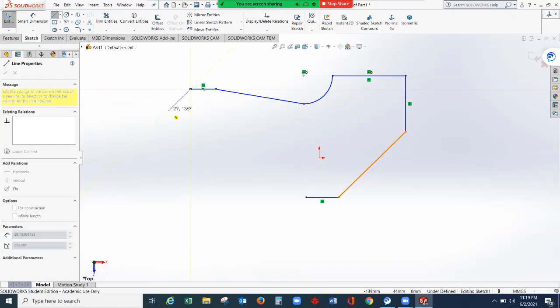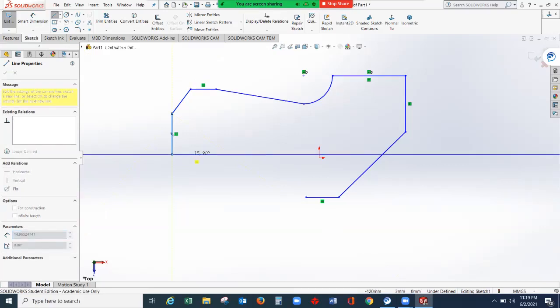If you can see here, there is an automatic relation which is parallel to the inclined line here. So don't follow this relation. Just move a little, because we will create a different angle of this line to the other line here. Then one vertical line. With this yellow line, the automatic relation will give you the perfectly 90 degrees horizontal line. Then again, one arc here.